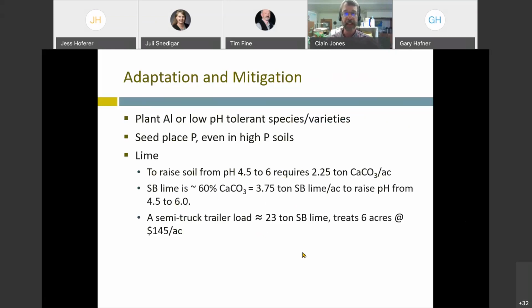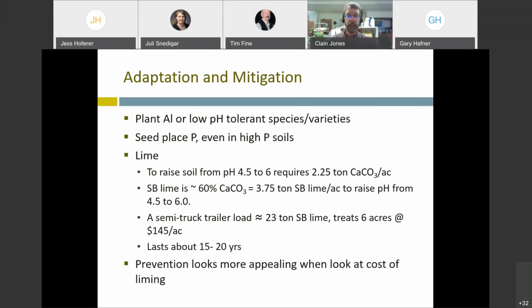Just doing some back of the envelope calculations, a semi-truck trailer load can haul about 23 ton. So that means you could only treat about 6 acres with one semi-truck trailer load. Good news is we think that lime would last about 15 to 20 years. That's based both on some calculations and a study done in Western Canada. So I would say maybe prevention looks more appealing when you look at the cost of liming at say $145